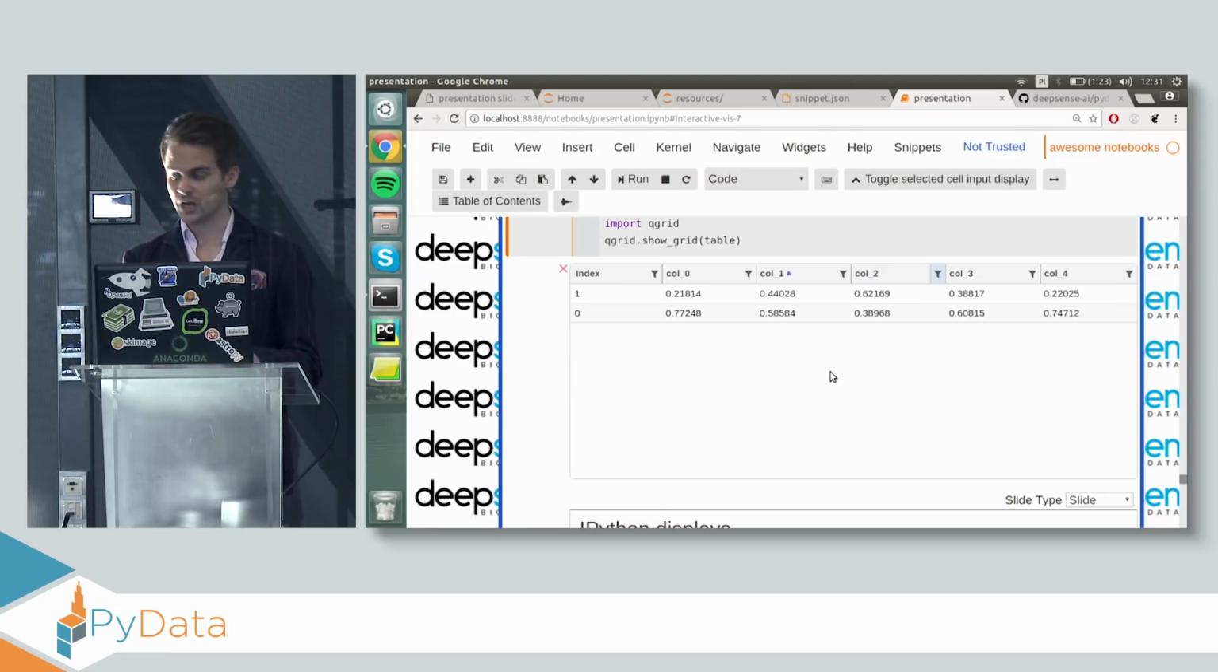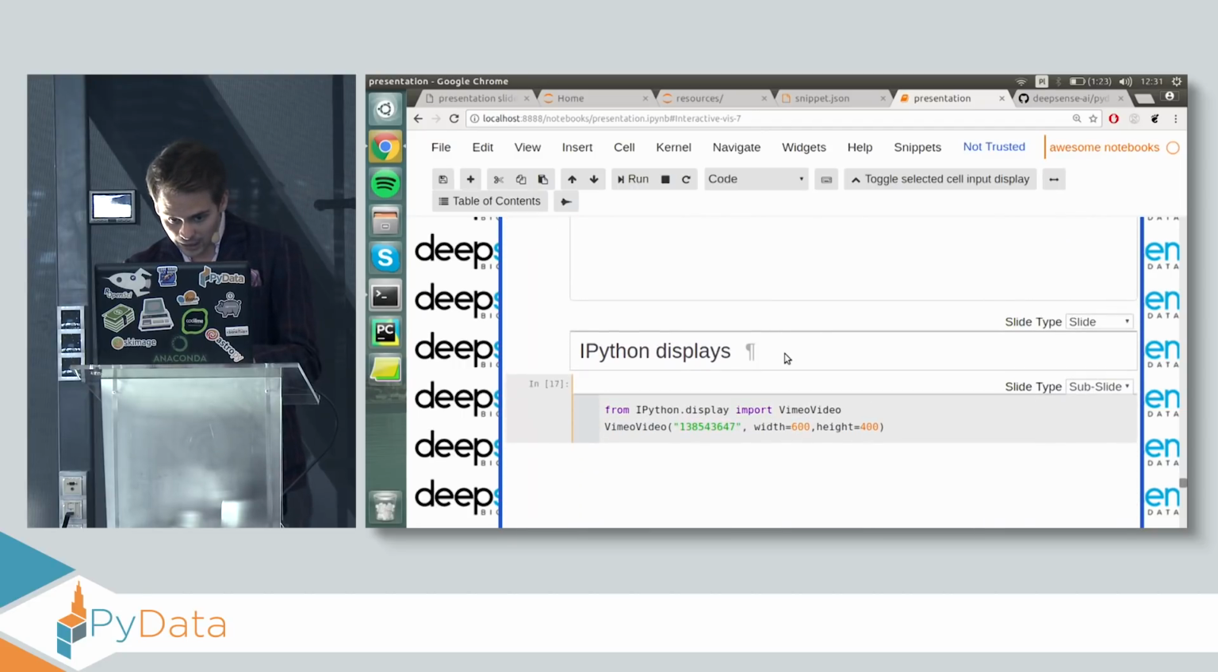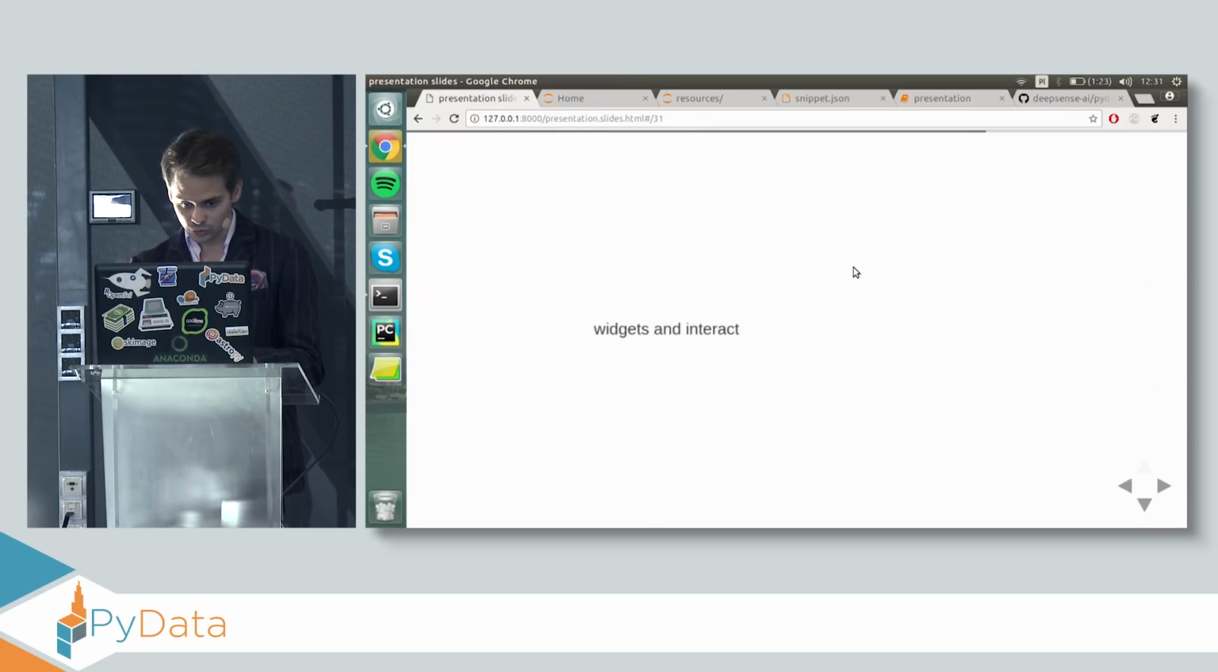So it's very, very useful if you actually want to do something interactive in pandas and do it. Okay. Now some other things that might be very interesting to you is